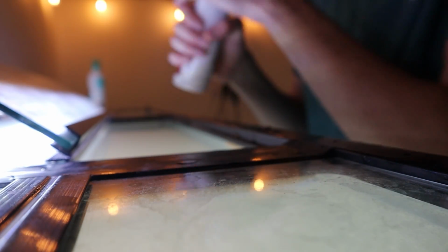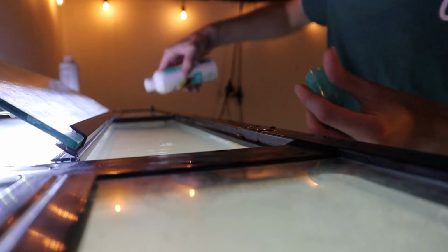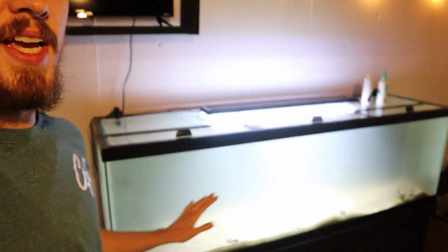Real quick, I am gonna go ahead and add in the water conditioner to remove the chlorine from the water. And now we're also gonna add some beneficial bacteria starter to this tank, just to help get the cycle going in here. We'll add more of that bacteria starter once we add the first fish to this tank, which is probably actually gonna be in this video. I think I'm gonna add my Buenos Aires tetras to this tank first,